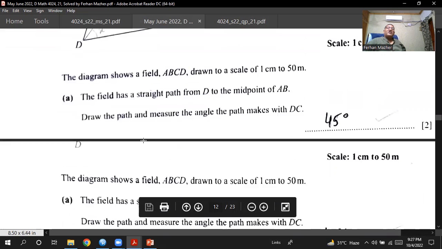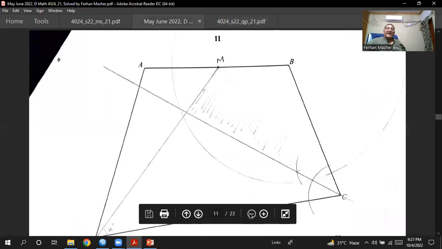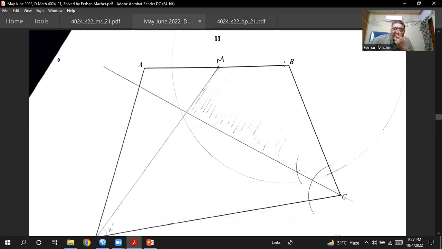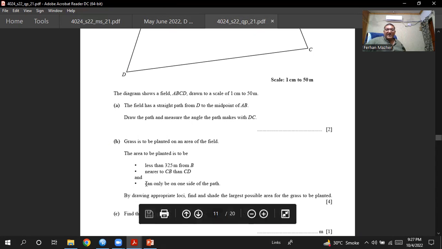So when I find the x value, that will be 6.5. So I will open the compass 6.5 centimeter and I will take B as the center of the arc of the circle, and I will draw a circle here. So I put the needle of the compass on the B, the compass is open 6.5 centimeter, and I will draw this circle. And according to the locus, he says that you have to remain inside that circle because he said that the distance is less than 325 meter from the B. The next thing he says is that it is